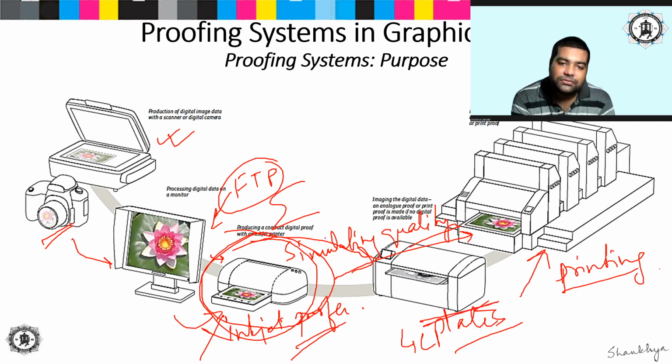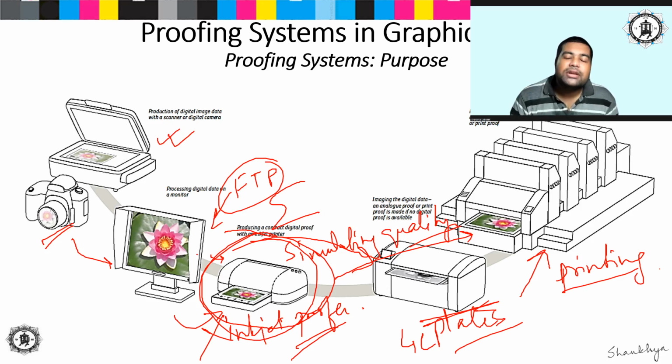So if this is your process, and after you get the 4 plates you directly go for printing without any proofing mechanism, now what will happen? You are not going to print a single copy or 10 copies using an offset printer. That will be a huge waste of resources, because it will take a lot of manpower, a lot of materials, a lot of fixed cost assigned. Using your offset machine for a proof is not financially feasible, right? So you are going to print a huge number of copies. Only then you can justify the cost of running such a huge operation.